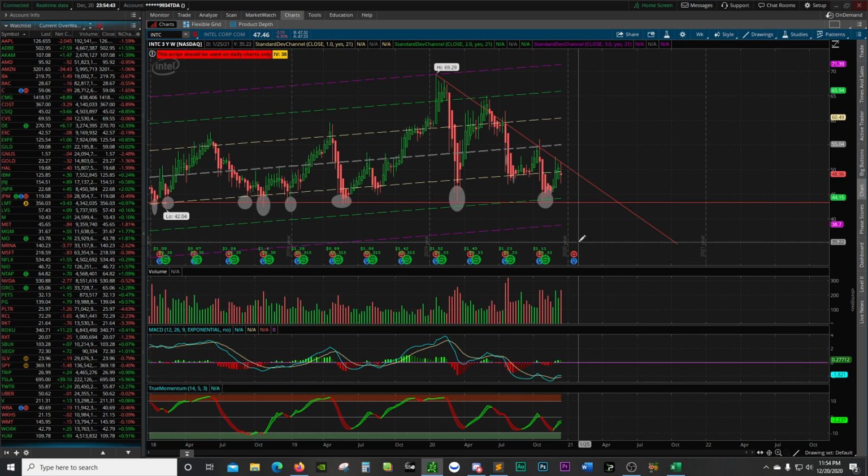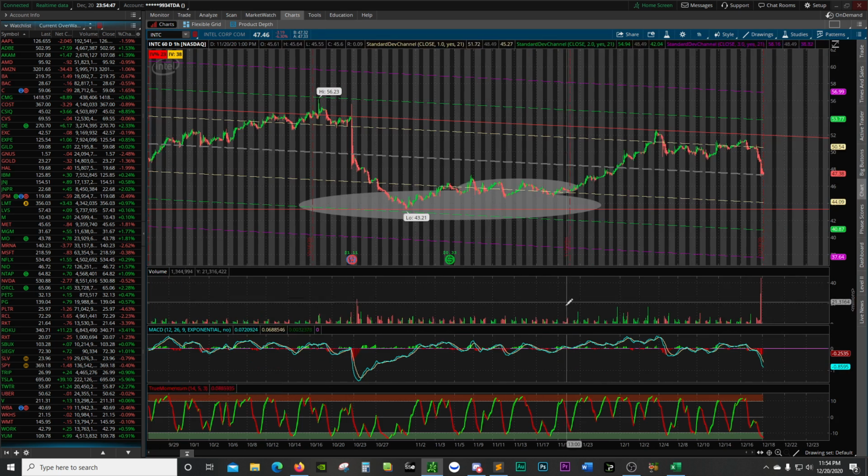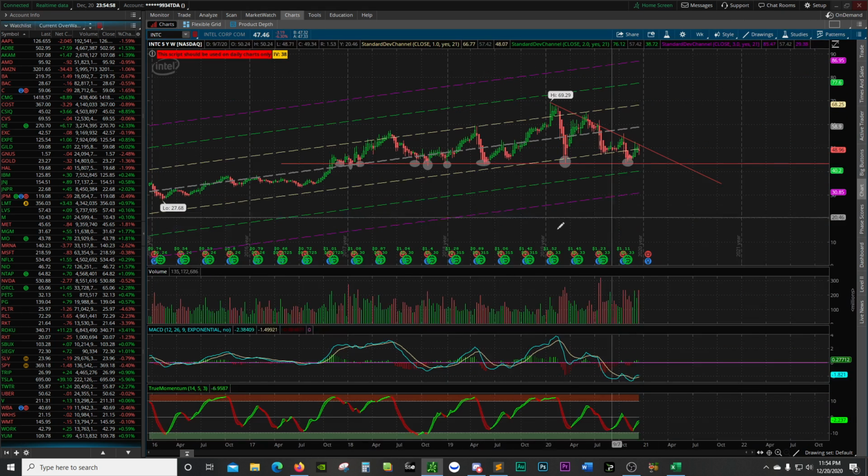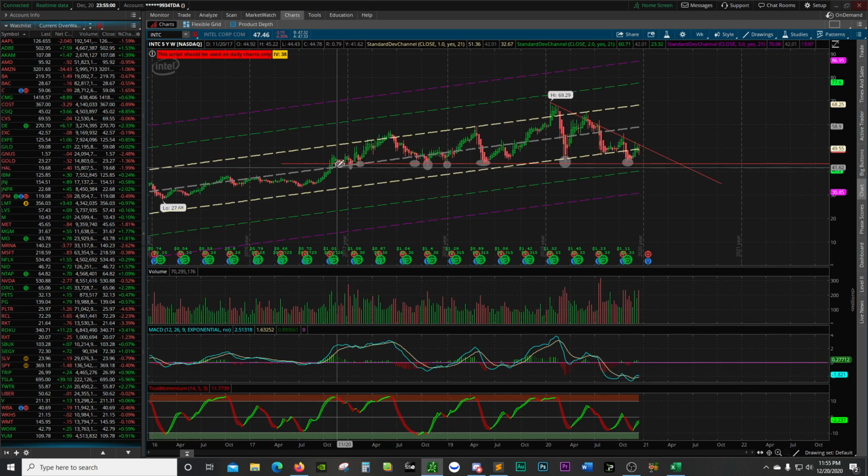What I think is going to happen with Intel is they're going to have earnings again, and it's going to be bad. It's going to come back down to the support level, and if it breaches that support level, then we're looking at some dangerous stuff here for Intel, because then it's going to be down to the mid to low 30 range, and you don't want to be in that position when it happens.